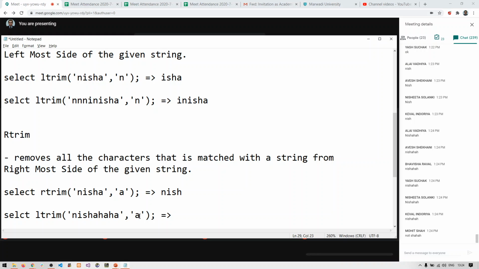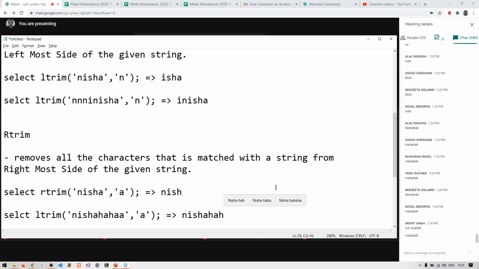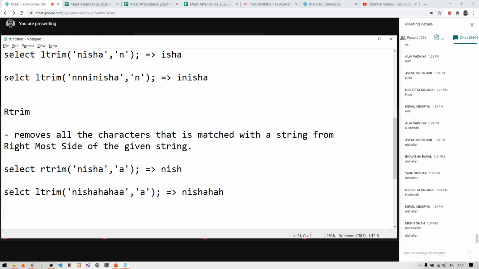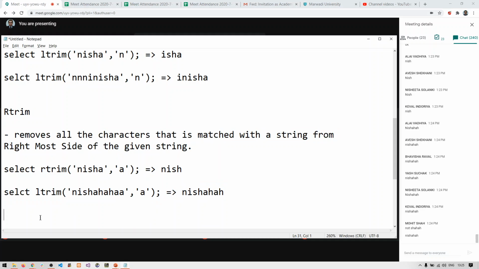Again move to the right hand side. Compare the first character, it is matching, so remove. Again move to the right hand side. Compare the first character, it is not matching, so stop. So this is your answer, NISHAH. I hope it is clear. This is R trim, and let me go for the last one.